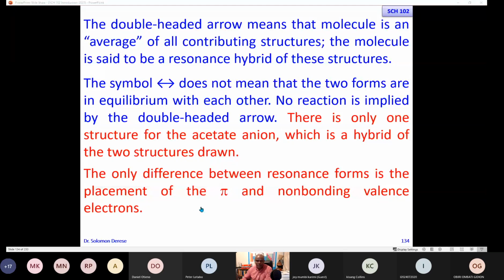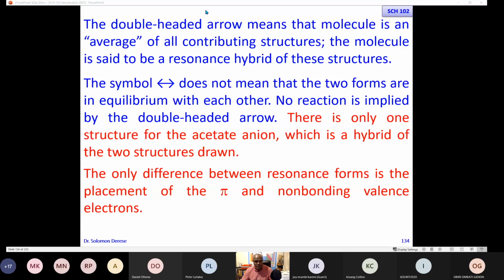Now, do you have any question on what I have discussed so far? It's very important you understand the concept of resonance. Do you have any question? So what I want you to do is take your time and try to understand this concept very well. Then in our next lecture, I will start by revising this